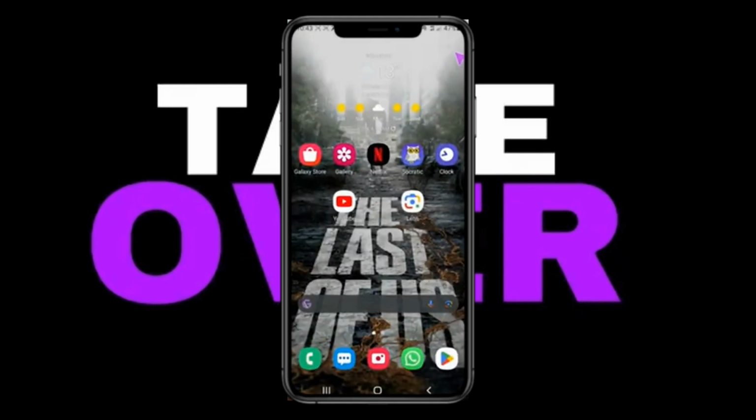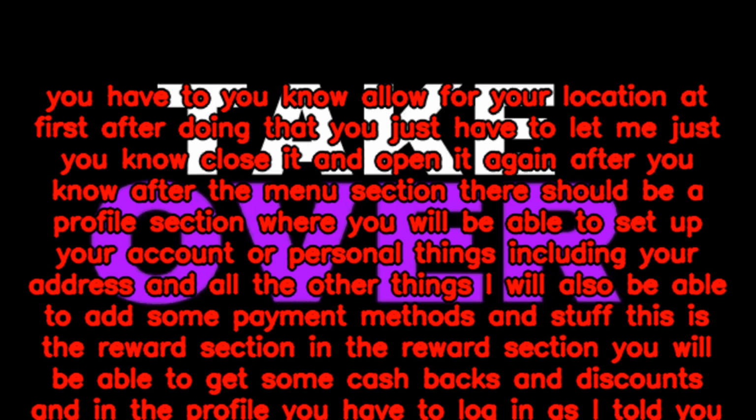This is the rewards section. In the rewards section, you will be able to get some cashbacks and discounts, and in the profile, you have to log in. As I told you before, you will have all of your personal information right